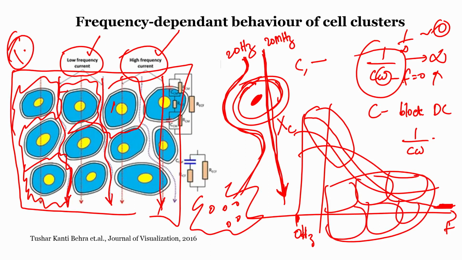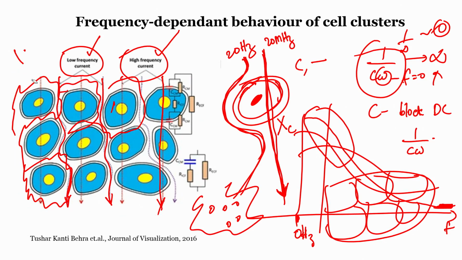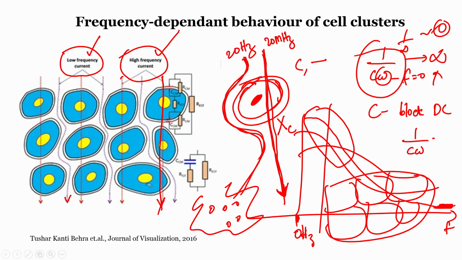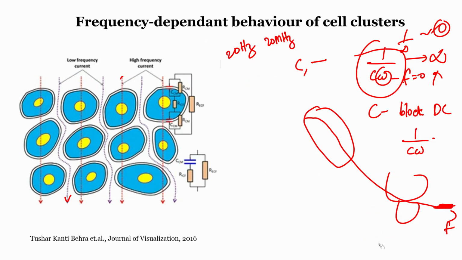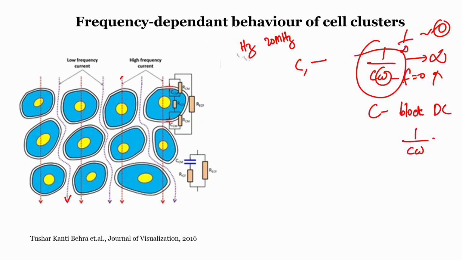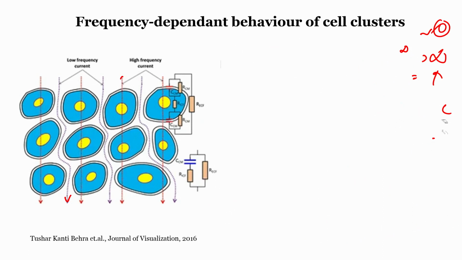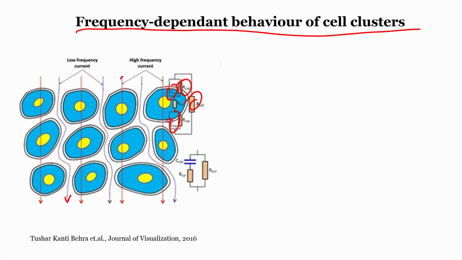So, when somebody tells you, okay, this is the structure of my tissue, now tell me what its equivalent circuit model will be and how it will respond to an AC signal of so and so frequency, you should be able to intuitively tell them how it will respond. You may not be able to tell exact values of what impedance there will be at what frequency, but you will always be able to tell, okay, it will have very high resistance to the flow of current at this frequency, but at this frequency it will be low. Those frequencies you can get from the equivalent circuit parameters, these RM, CM, RICA parameters of the tissue. Okay. So, this is the frequency dependent behavior of cell clusters.